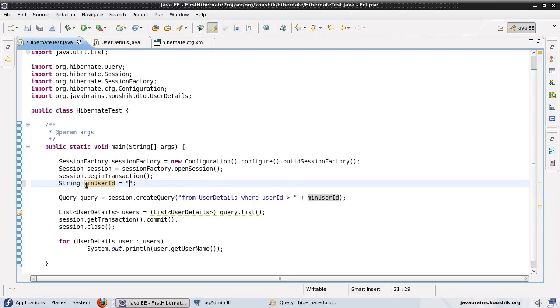Now let's say I have a string input where the user is actually entering the value, and say the user can enter a value from 1 to 10, and then I'm substituting the value here. Now let's say the user enters a value like this. Let's say it's 5